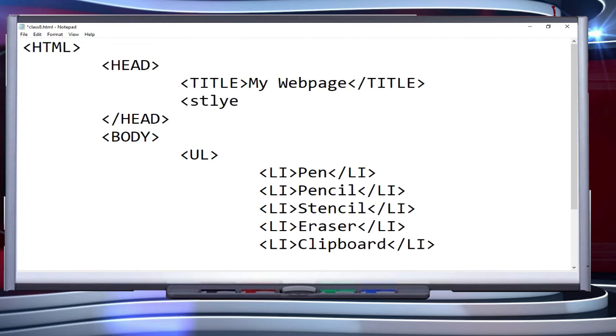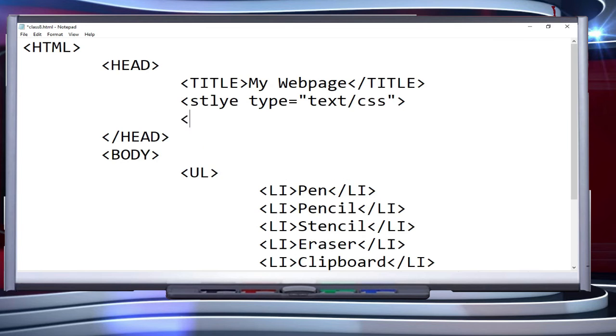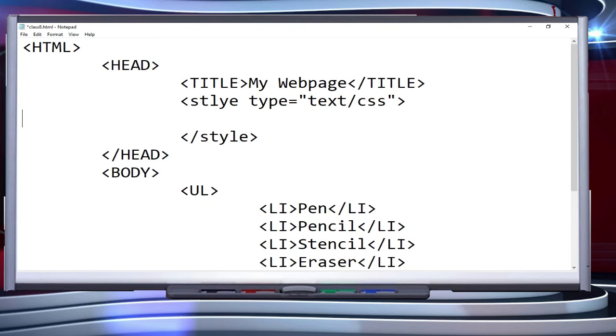Here we will write style type is equal to text slash CSS, close it, close the style, and here we can give, let's say that I want to include li and its color must be green. So this is a small tag which we have, this is a small attribute which we have included.